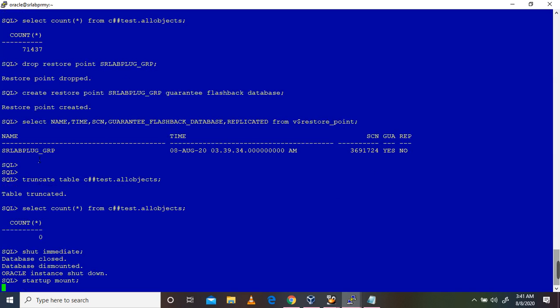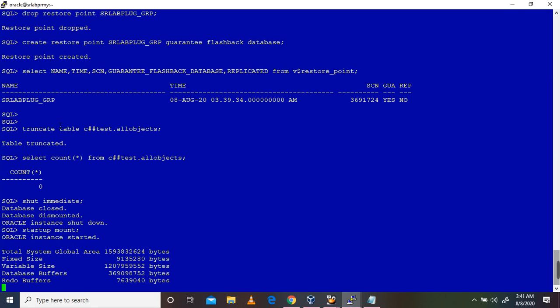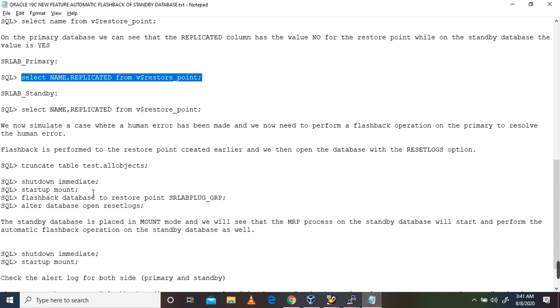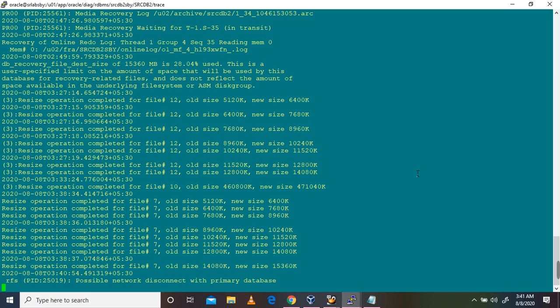And what we will do, like earlier we have created the restore point. Based on that restore point, we are going to flashback the database. Now, flashback database to restore point, the one we created.